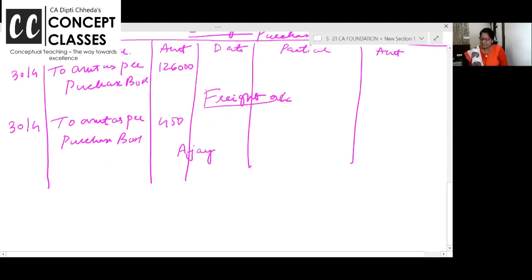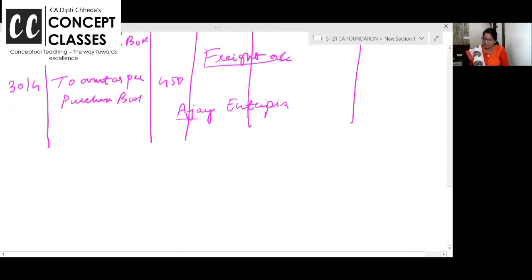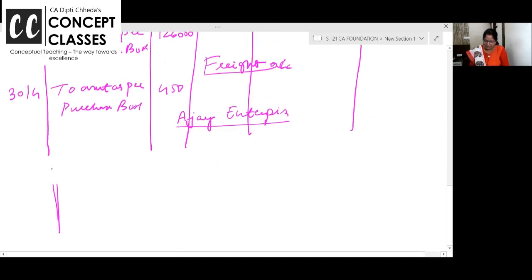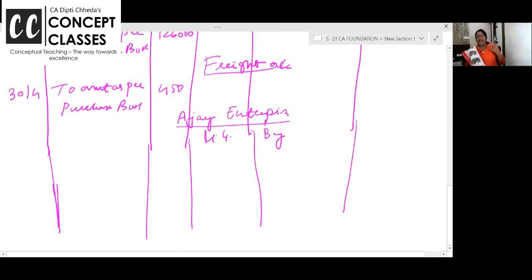Now open party ledgers. Ajay Enterprise. Ajay Enterprise is the party from whom I have purchased the goods. So I will post here the date. Which date? 4th of April I will credit Ajay. And you know, in debit we write the credit side, like purchase to Ajay. So in purchase we should write Ajay, in Ajay we should write by purchase. Ajay, I am crediting. Why? Because you are the giver of the stock. Debit the receiver, credit the giver. So by purchase